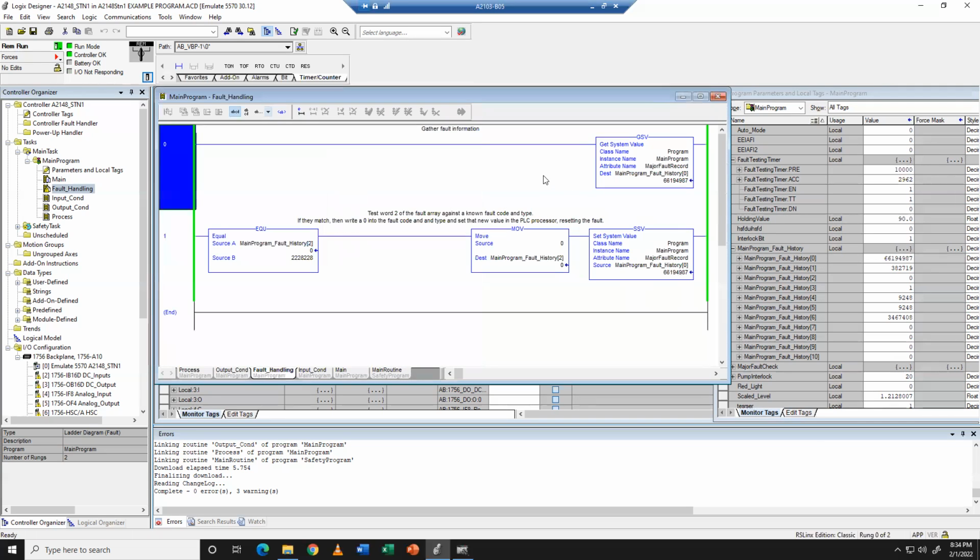There are things you can do. So I know Tatiana had asked about logging fault codes. You could log a fault code, but you're going to have to program that yourself. So inside the fault routine,